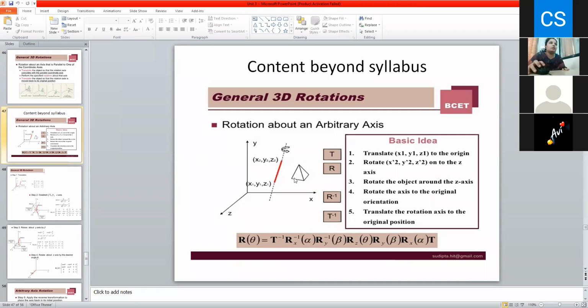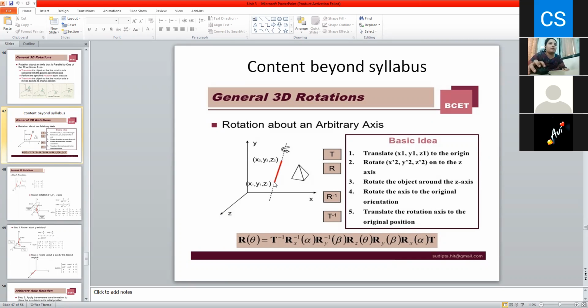Okay, so you can see this diagram in which it is the axis which is in the space having x1 y1 z1 x2 y2 z2 as the endpoints, and this is the pyramid given a three-dimensional object that I want to rotate it around this axis. Okay, so how I should move? So for this particular example